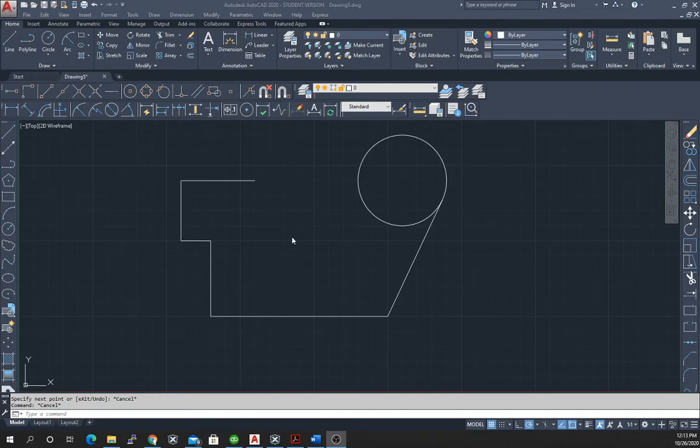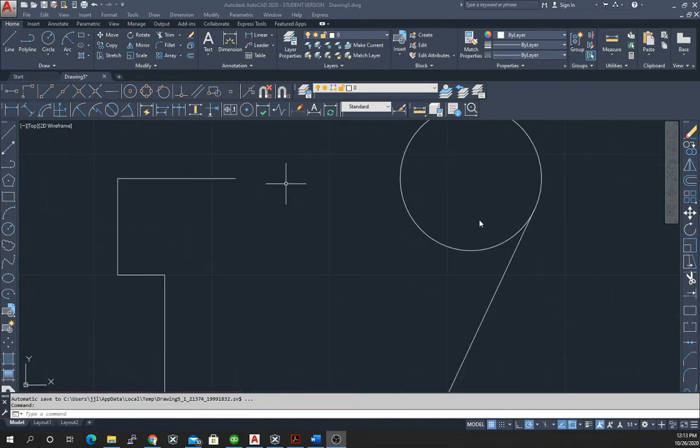Okay, so this is part 2 of the drawing for the gasket design on page 3-22. Sorry about the interruption. So I was talking about the extend command. In the extend command, what we do